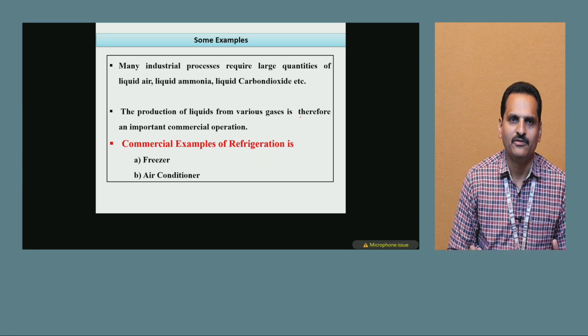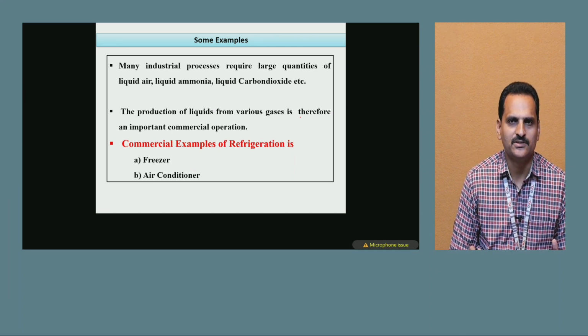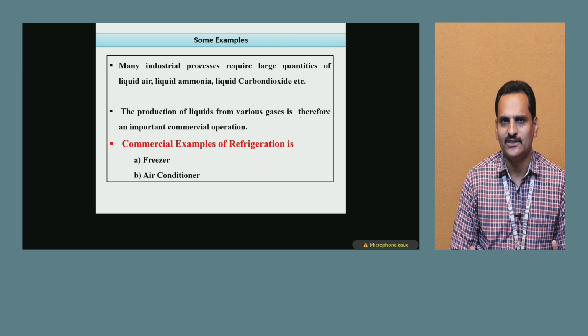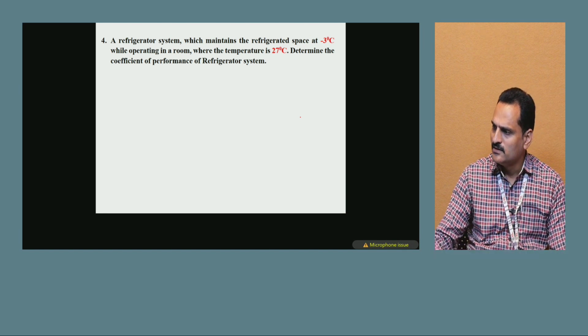First examples are freezers, air conditioners, minus 20 freezers, minus 80 freezers. These are generally used in the bioprocess industries. Okay. So, let's talk about the